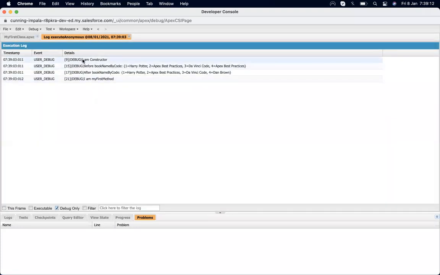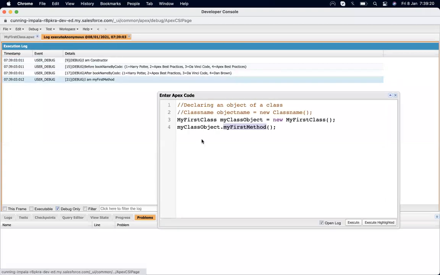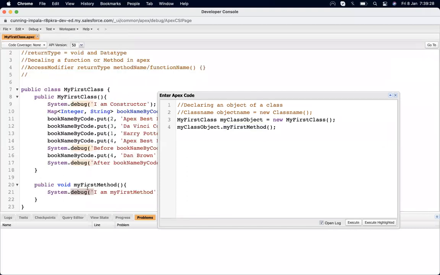You can see first the constructor got executed, and all the things present in the constructor got executed, and thereafter it executes the method. So in this way we execute a method which does not return anything. It's a normal method.